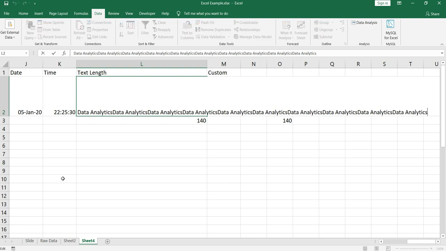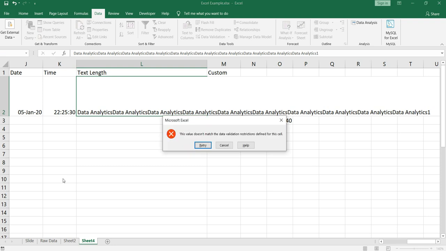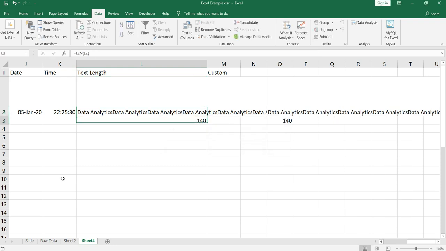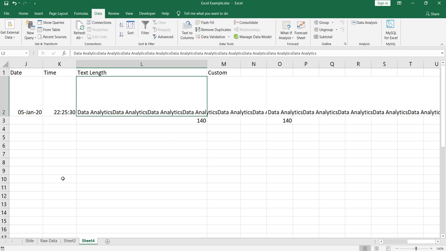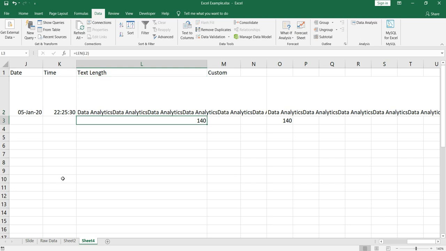If I input anything else, even if I increase one character, it won't take it, right? Now this is the way you restrict a user to input free text. Now we have our last example in this video, that is custom.